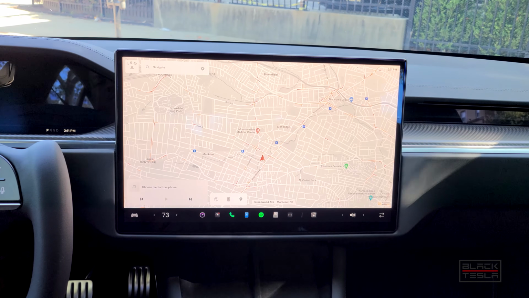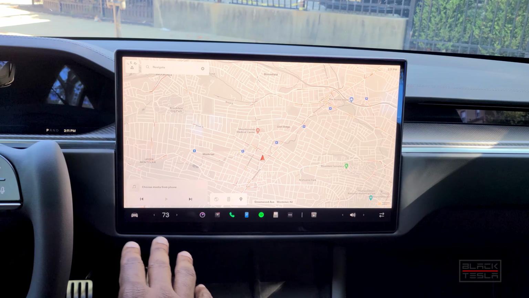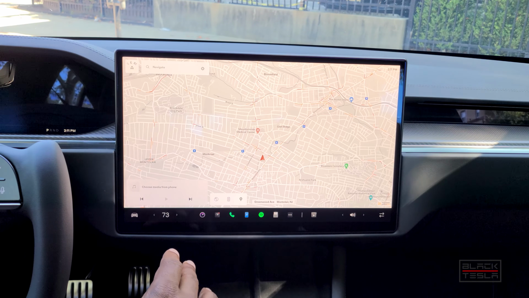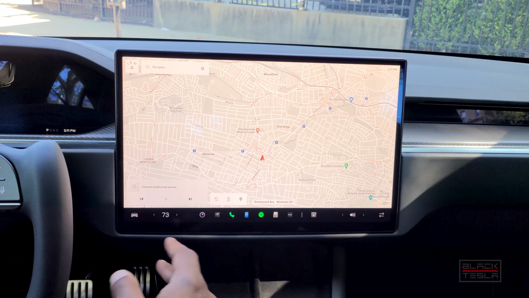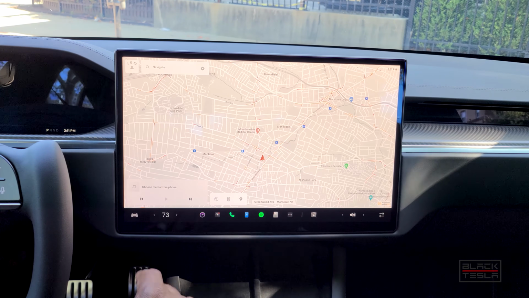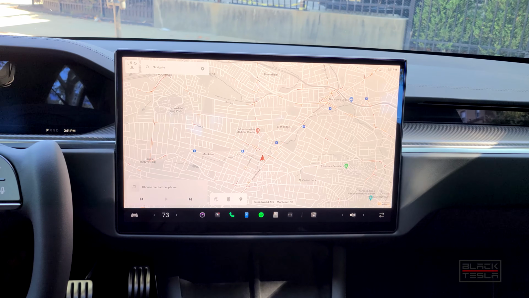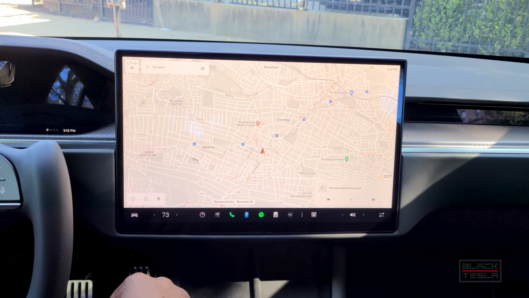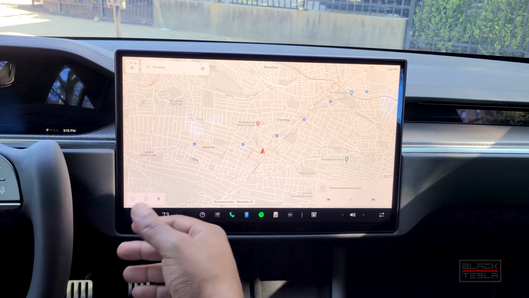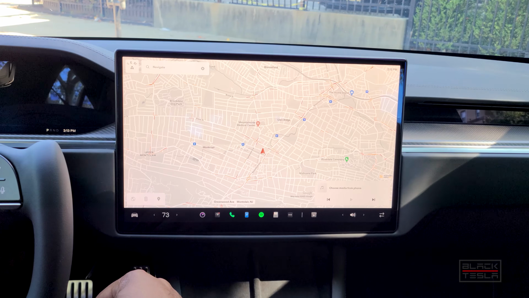Okay, we're back talking about the new interface on the 2021 Model S, understanding what is missing. Where are the things that were there before that you're familiar with, and where are they now? So whether you're coming from a Model 3, a Model Y, or if you're coming from a Model S or an X, this video should help you and help understand what's missing from our perspective. Obviously, Tesla can release a new update that would totally change the game, but as of this video, if you're getting that Model S within this time frame before they release a new major update, here's what to